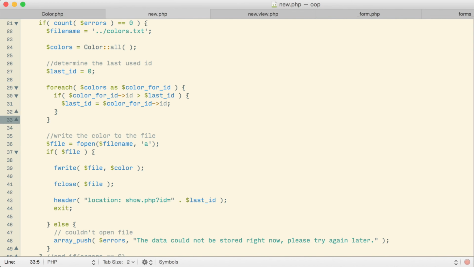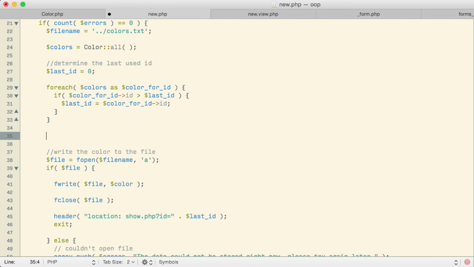Maybe what we need to do is here, sometime before we actually go to save the file, we should take our color that we're actually trying to save, and we should set its ID to a pre-incremented version of the last ID, something I think we were doing before when we were generating the color string to put into the file manually. Here I'm going to take that ID, create it, and stick it into the object itself, so that when the object then turns itself into a string down here in the fWrite, hopefully the correct ID will be stored. Let's see what that does.